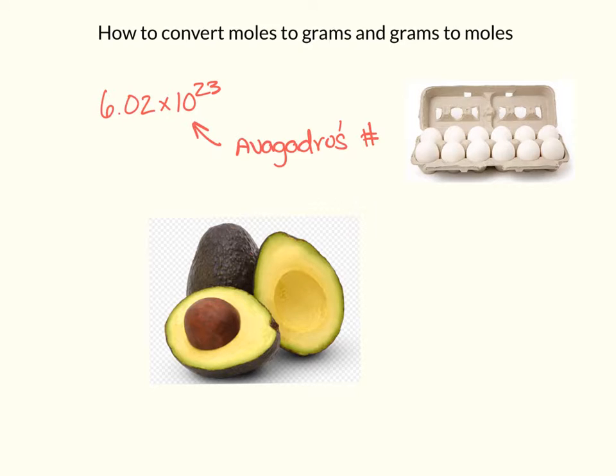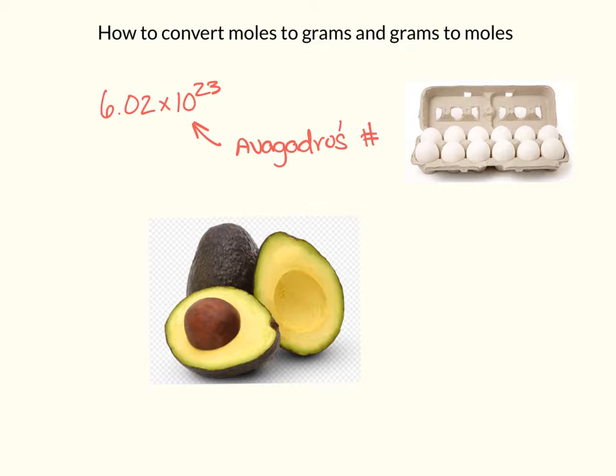So let's go back to our egg example. If I said to you, get me a dozen elephants, that would be pretty hard for you to carry around in your backpack. But if I told you to get me a dozen jelly beans, you could easily fit those 12 jelly beans into your backpack. So Avogadro's number doesn't tell us the mass or the size,